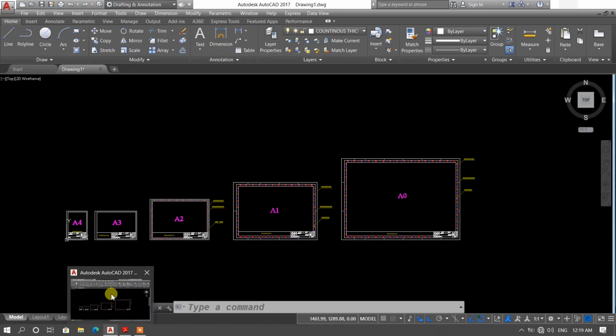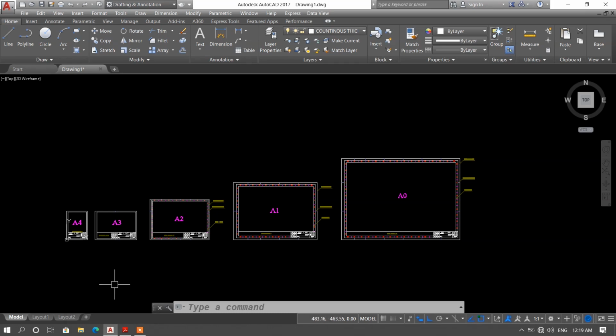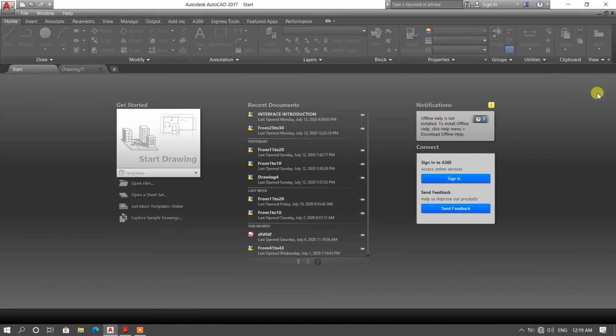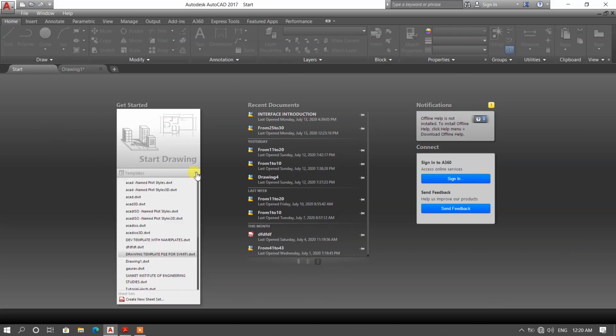Now as you can see, I have installed AutoCAD 2017 in my system or in my laptop. This is a startup window for AutoCAD 2017. With the help of the drop down menu, we can select our required drawing template file.